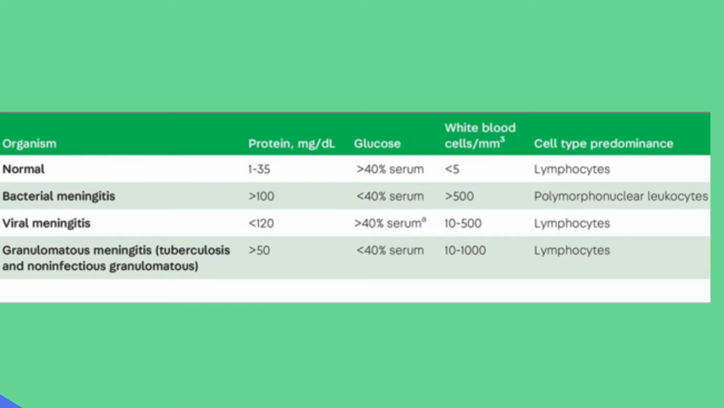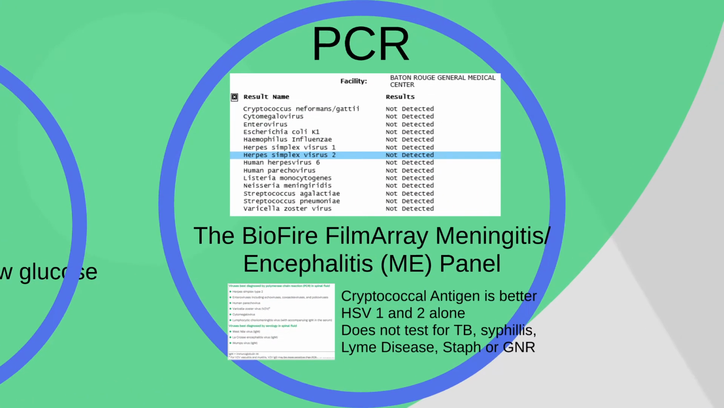Bacterial meningitis, greater than 500 with polymorphonuclear cells, with low sugar. Viral, normal sugar, usually up to 500, maybe lymphocytic predominance. And granulomatous, again high protein, low glucose, and lymphocytic predominance. So that helps you distinguish pretty readily, but there's been a newer test that we're all familiar with,